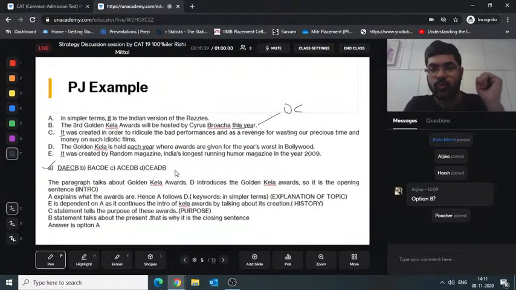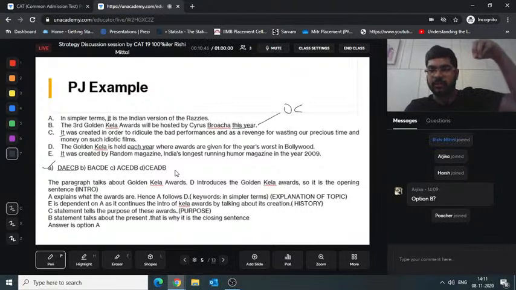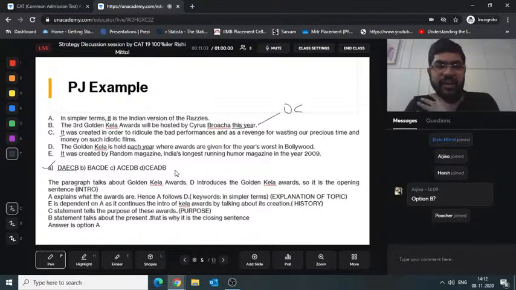So my trick usually with these kind of sentences is to go in a pyramid kind of manner. A very, very generic statement to more details and a lengthier statement. That's just a thumb rule. That's not a rule that follows every para-jumble, but it will go from a generic shorter statement to a detailed longer statement. So anyways, I've identified D as the opening sentence.